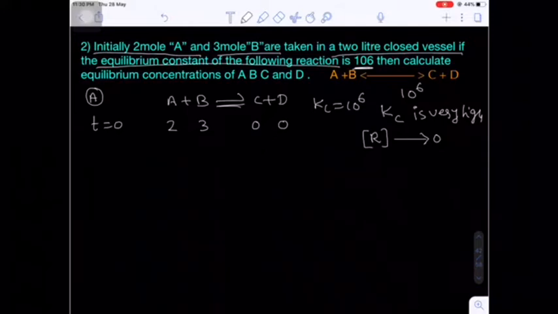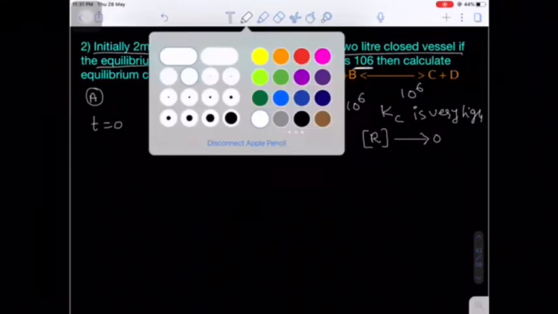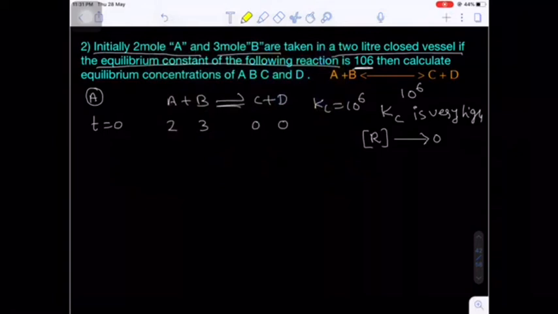Now here, capital A is 2 moles and capital B is 3 moles. There are 2 different reactants, so on the basis of the limiting reagent, that is the LR, we apply the limiting reagent concept. We take the given moles divided by the stoichiometric coefficient. The given moles of A is 2 and the stoichiometric coefficient of A is 1, so 2 by 1 is 2. Given moles of B is 3, stoichiometry 1, so 3 by 1 is 3. So 2 by 1 is the smaller value.